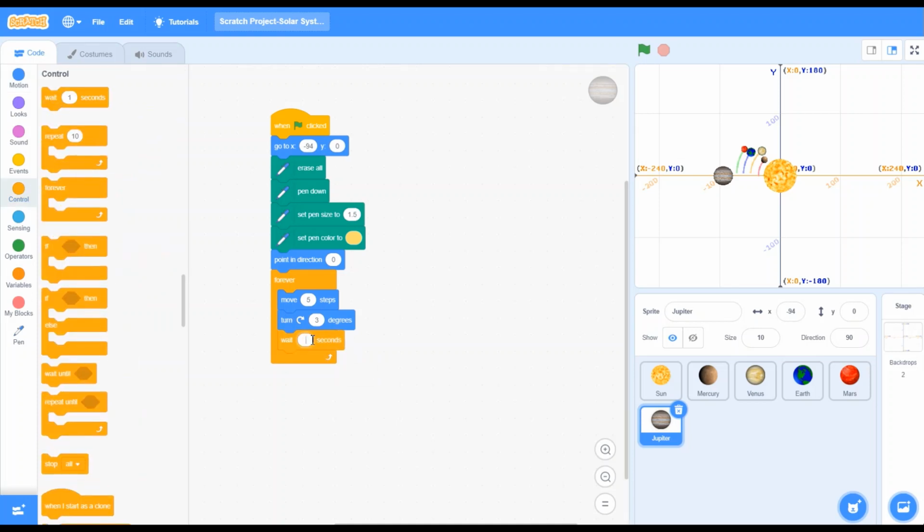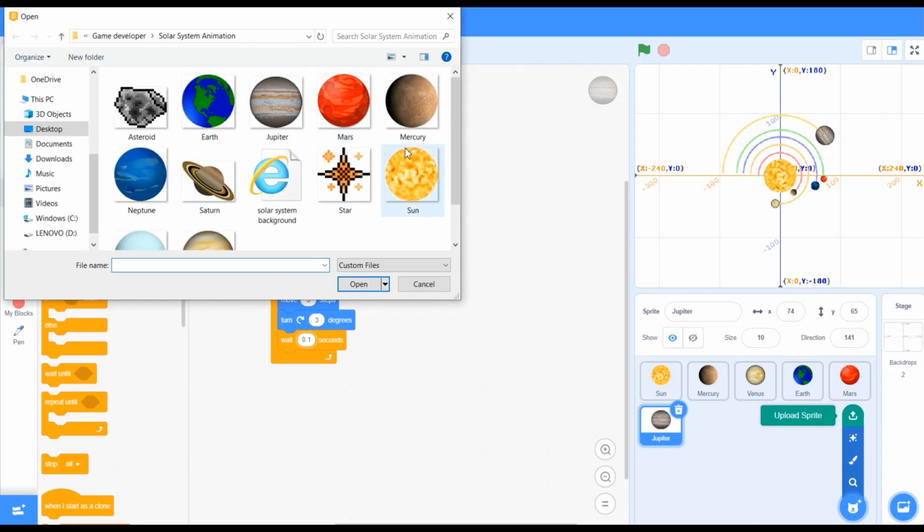Then I will pick 0.1 seconds. Now it's done. Now let's see if it is working or not. Yeah, it's working. Now friends, which is the sixth planet from the Sun? Yeah, it's Saturn. Okay. Now I will go here. I will upload Saturn.